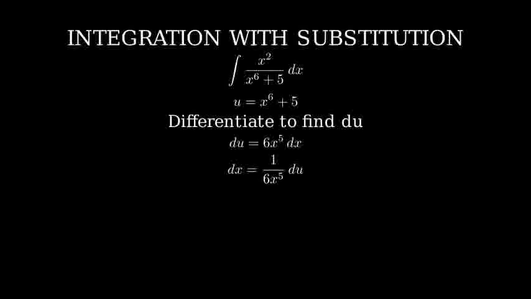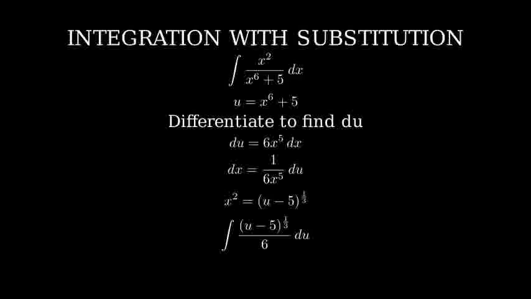Substituting back, we need to include this term in our integral. Additionally, we still need to replace x squared. Recall we previously defined u as x to the sixth plus 5. We can relate x squared directly. If we solve for x squared in terms of u, x squared equals (u minus 5) to the power of a third. Now we can substitute completely in terms of u and du. The new integral becomes the integral of (u minus 5) to the power of a third times du divided by